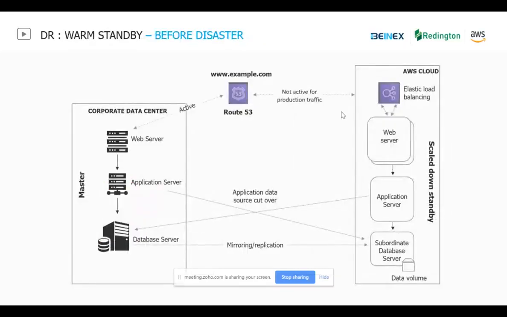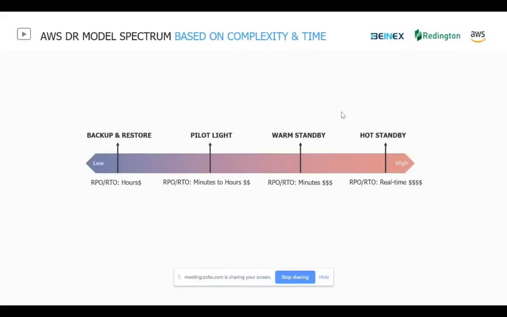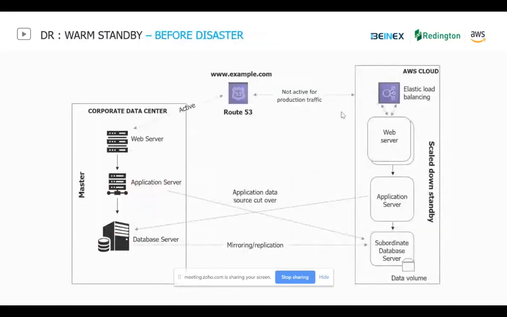Another model. So this is what we saw from left to right. We have stringent RPO and RTO objectives, but the cost will be a little bit more as far as the physical data center is concerned in terms of DR. So this is a warm standby option wherein AWS takes care of the DNS repointing.